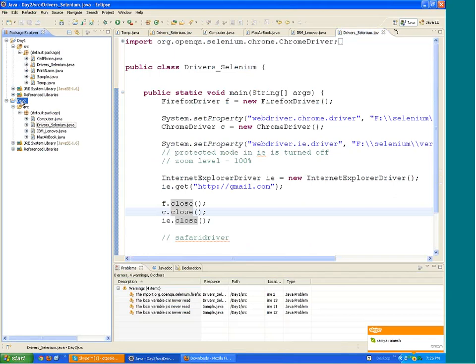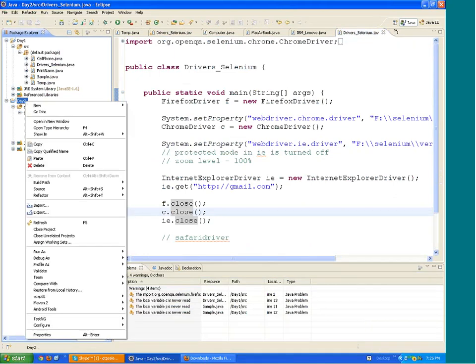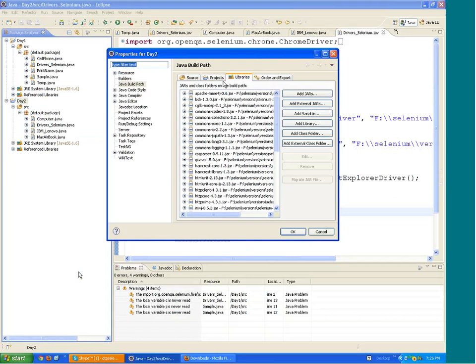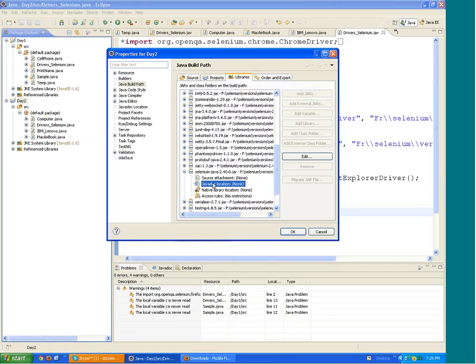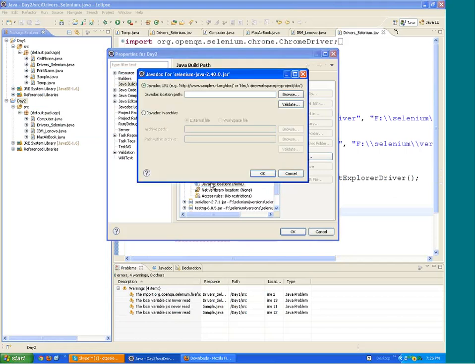Go to day 2, go to the properties of this project and go to the Java build path libraries tab where you have copied all the jar files. Inside these jar files you will see the Selenium Java 2.x.jar. Inside it you will have the Java doc location, and you select that and paste the URL. And after pasting the URL, I am again repeating, please make sure,